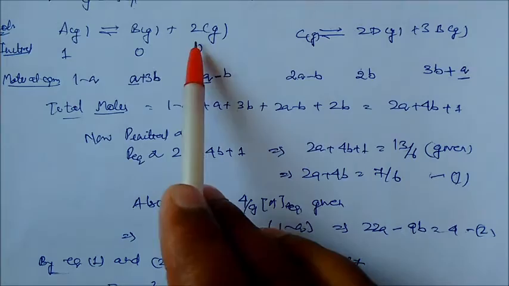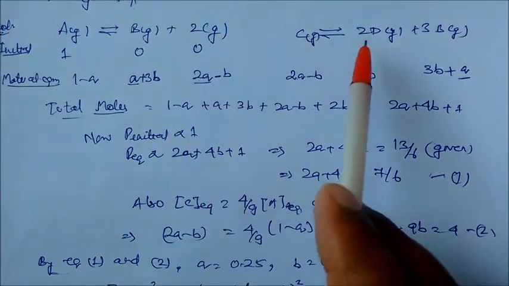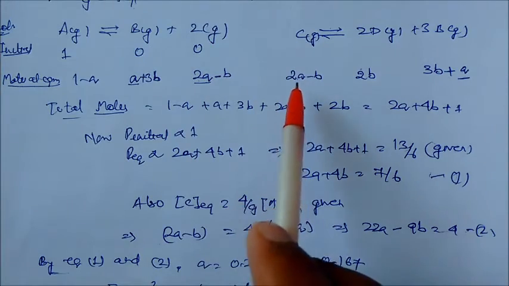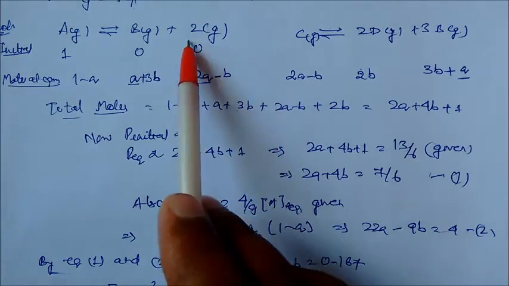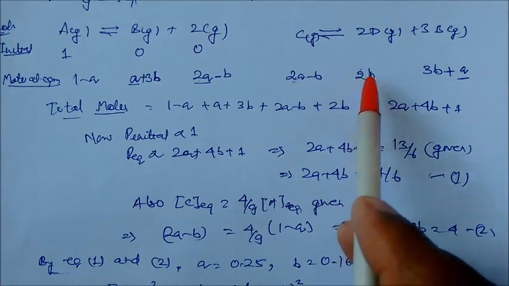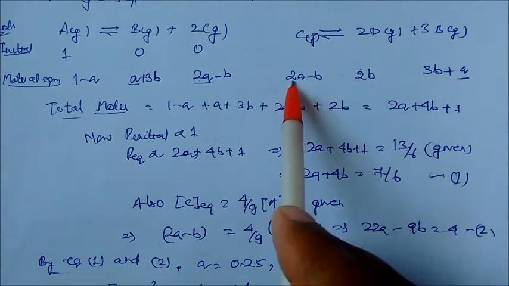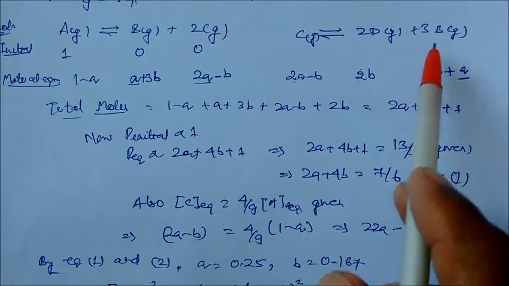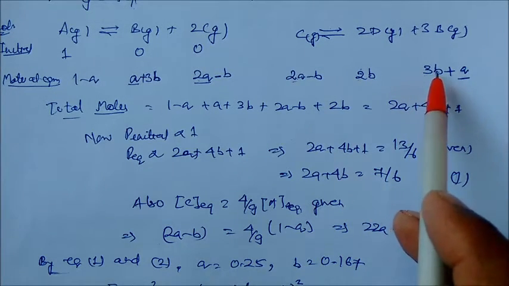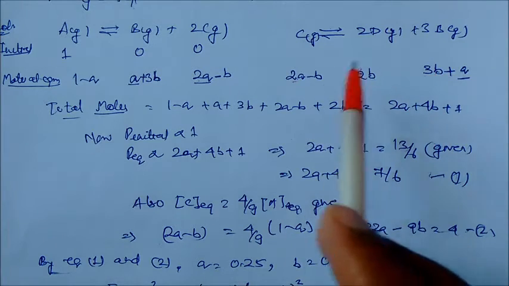So this is 2C. Now C is dissociating into D plus 3B. So how much is C? C is here, and since 2C is there, it is 2a. So write here 2a, then this will be at equilibrium: this will be 2a, this will be 2 into b, and this will be 3 into b. Correct? 3 into b. And in 3 into b, how much do we have to decrease it?